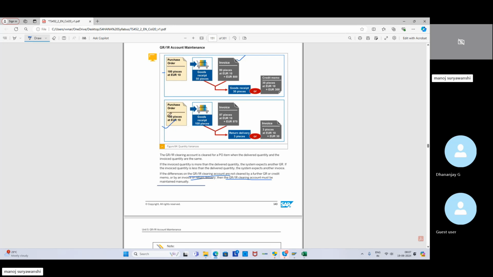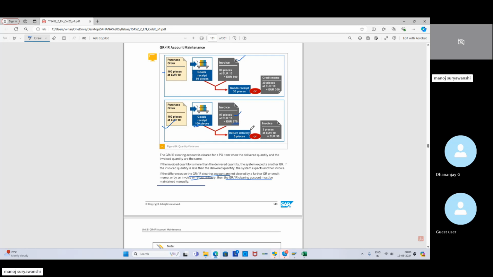यहाँ पे और एक एग्जांपल दिया है, 100 क्वांटिटी €10 गुड्स रिसिप्ट किया 100 का, इनवॉइस आया 97 का, कम क्वांटिटी का इनवॉइस आया। तो यहाँ पे क्या हुआ, 970 का अमाउंट बुक हुआ, सो €30 का वहाँ पे डिफरेंस आ जाएगा। सो इन दैट केस आपने जो 100 क्वांटिटी का जीआर किया है उसमें से 3 क्वांटिटी अगर आप रिटर्न करोगे तो ऑटोमेटिकली जीआरआईआर अकाउंट क्लियर हो जाएगा, या फिर सप्लायर अगर रिमेनिंग 3 क्वांटिटी का इनवॉइस देता है तो जीआरआईआर अकाउंट ऑटोमेटिकली क्लियर होगा। बट अगर नहीं देता है तो वहाँ पे वो €30 का जो बैलेंस है वो पड़ा रहेगा।